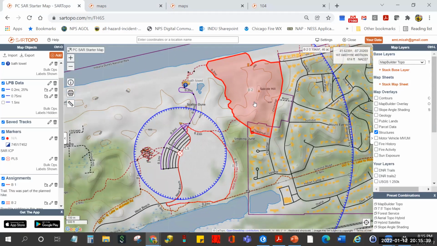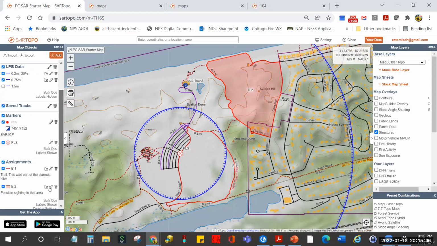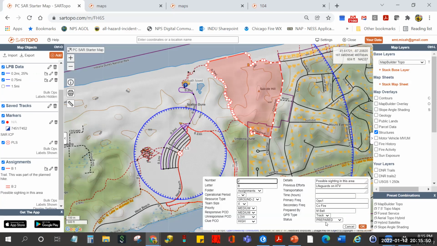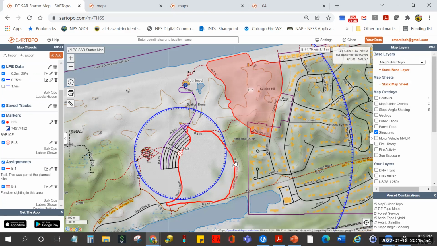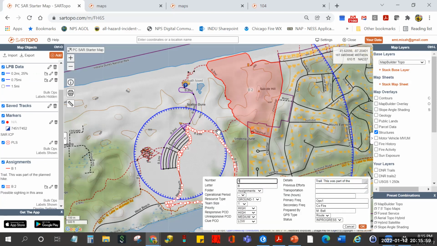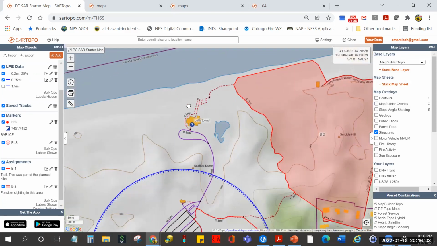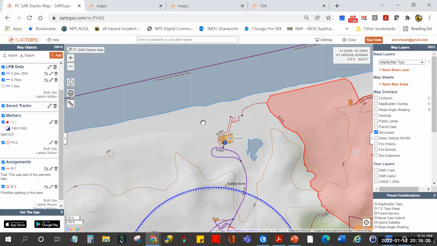Now, I said this one was planned, or what was that attribute? Let me go down here to the bottom left, and I'll click the pencil mark for edit. I said that one was status prepared, right? And what was the status for the red for the route? That one was going to be in progress. Well, before we all got out here, our lovely lifeguards,